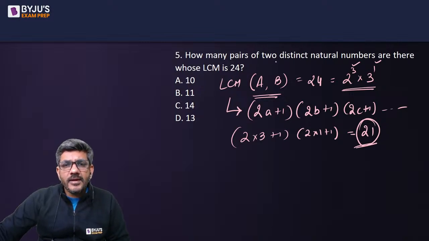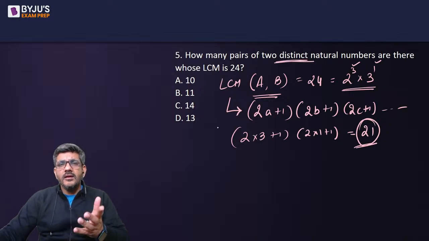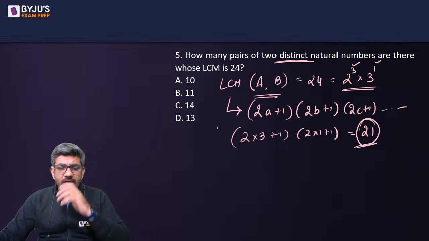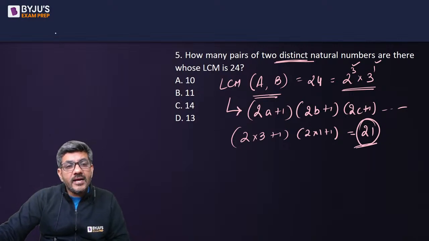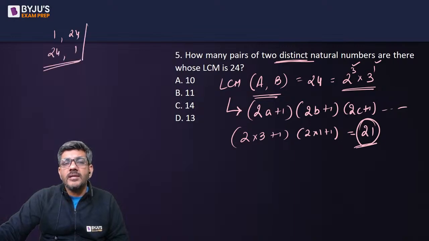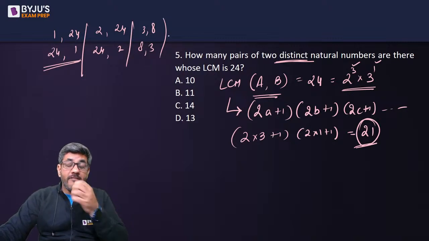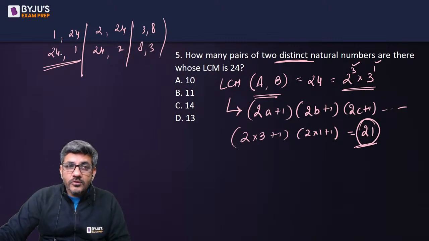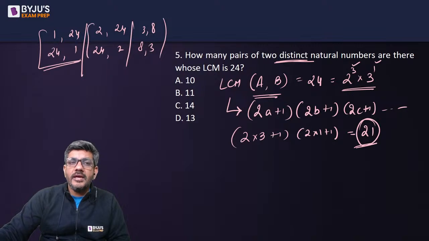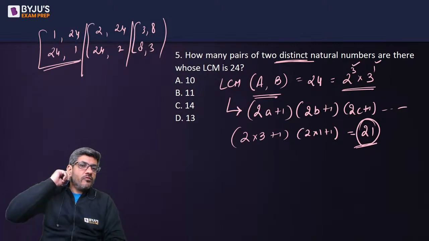Here he is saying just a pair of two distinct natural numbers. Okay, what difference does it make between saying A and B and saying two distinct natural numbers? Saying A and B means 1 and 24 would be counted separately, 24 and 1 would be counted separately. 2 and 24 is taken separately, 24 and 2 separately. 3 and 8 is different, 8 and 3 is different. But when he says in how many ways pairs of two numbers are there, then this will be counted as one pair, this also one, this also one. They all would be counted as